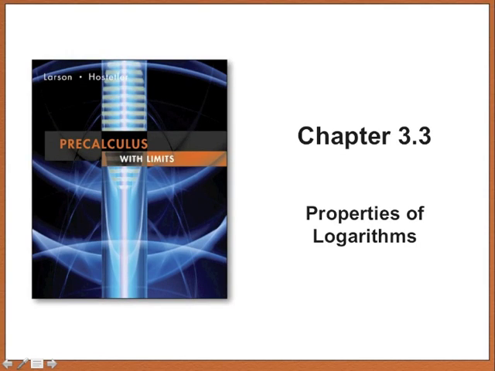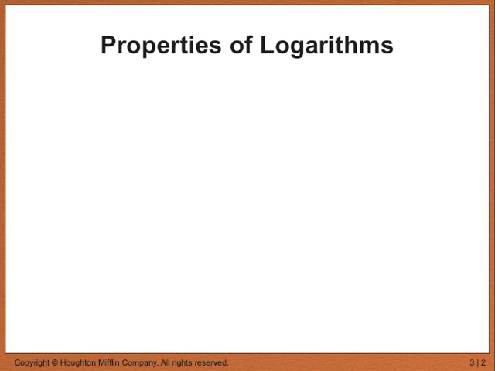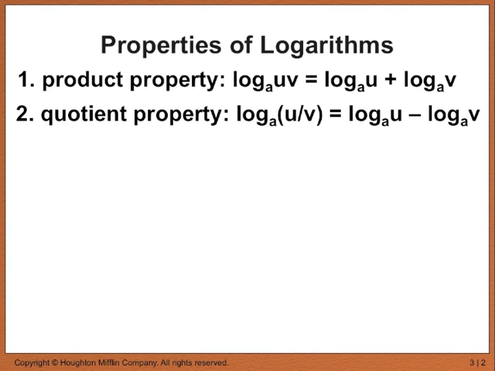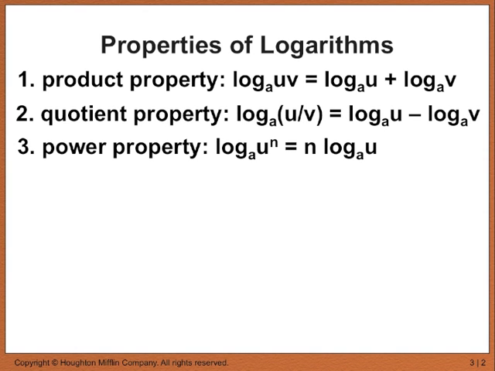This is chapter 3.3, Properties of Logarithms. The properties of logarithms that we're going to learn today are these three: the product property, the quotient property, and the power property. So the product property states that log base a of uv equals log base a of u plus log